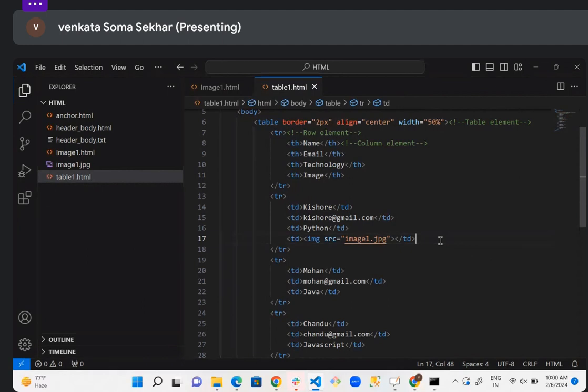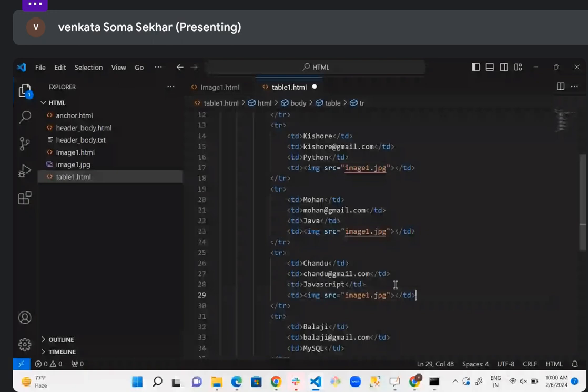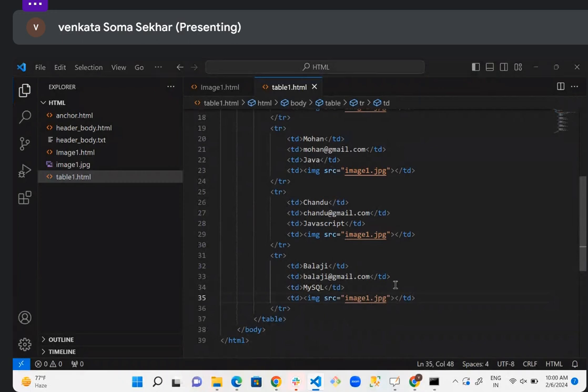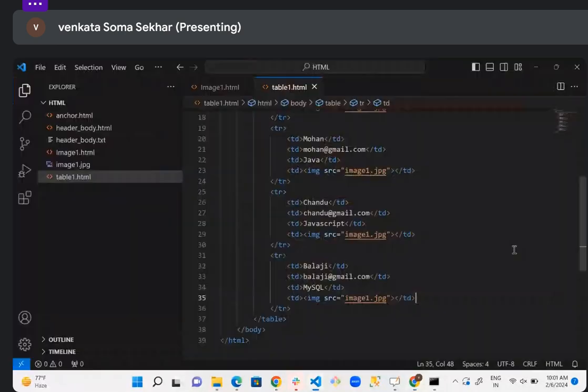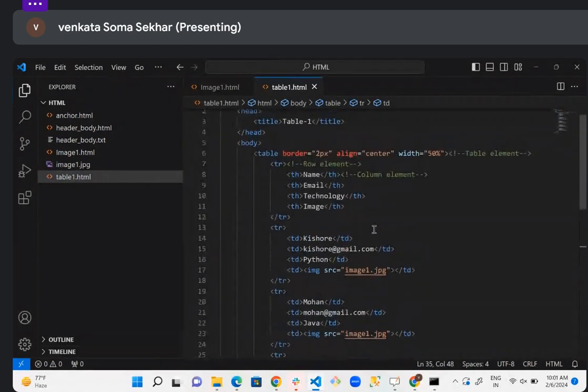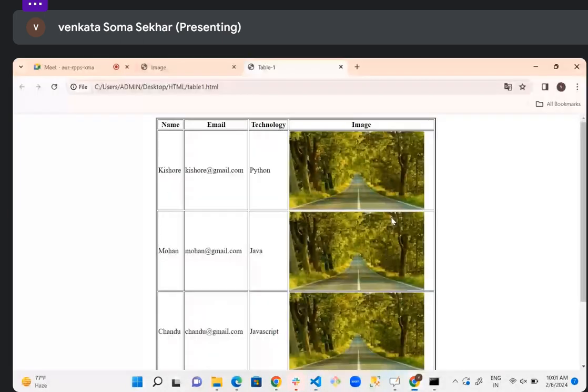technologies. I do one thing. I'll copy this. Okay, then I want to set it for the remaining. Then if you want to make it precise, try to give width in %, right? Instead of pixels, I'm trying to